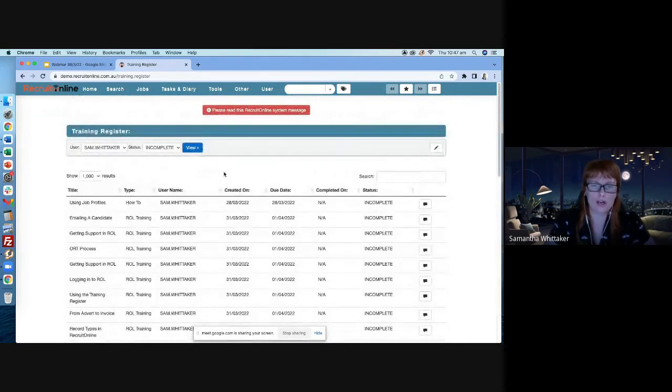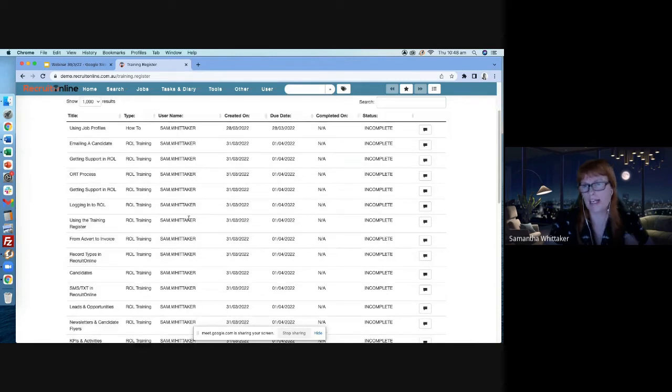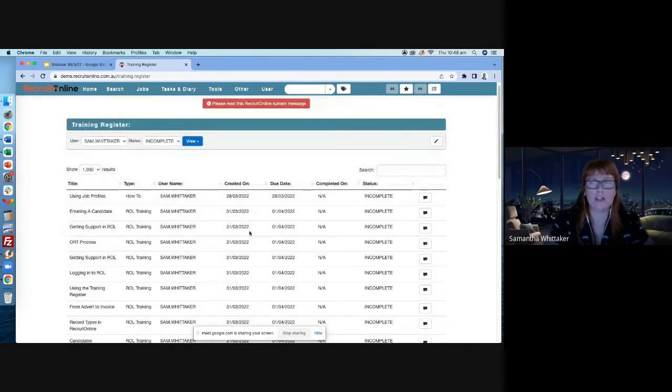This is going to incorporate two aspects of training. It's going to have training from RecruitOnline and Pinvoicer that we will be providing and having made available for users to go through. But you can also use it for your own in-house training. So things like training a new user on your own in-house policies, procedures, workflow. You could use it for professional development, any sorts of things like that. You can use this training register for that as well. So as a user, they will see all of the training that they have to complete. Okay, they will click on it,